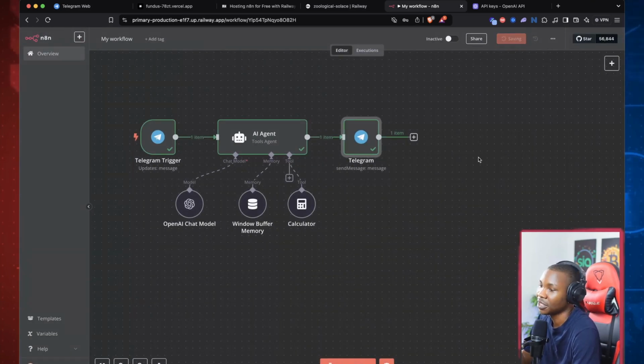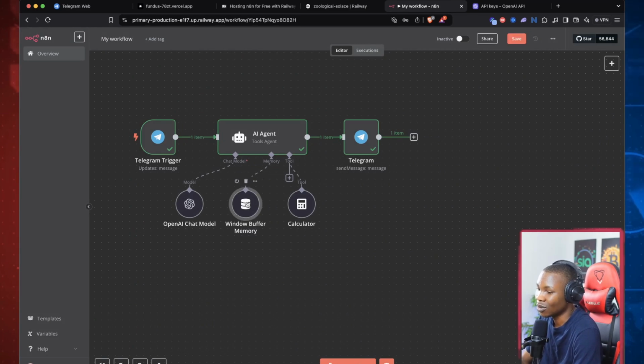Now we know that the messages are coming and flowing. That is cool, but this is not what we're looking for. We're not trying to do something that will just chat with an AI. We're actually doing something where we want it to retrieve information for us from our endpoint, and do all those sorts of communication on our behalf. So to actualize that,